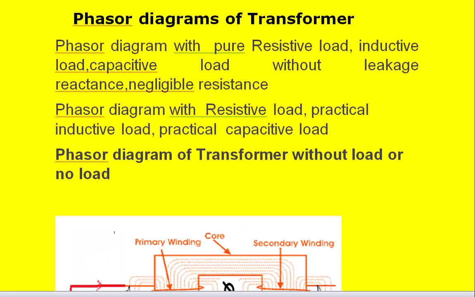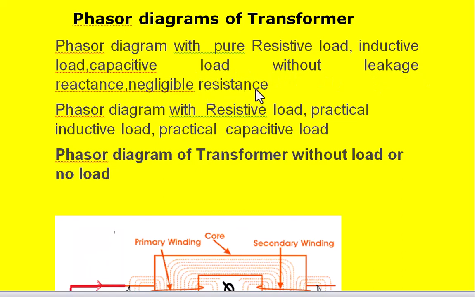Hello friends, today I will discuss the phasor diagrams of a transformer. There are two types of phasor diagrams on the transformer. One is by neglecting the leakage impedance of the transformer, the other is by considering the leakage impedance in the transformer. So phasor diagrams with pure resistive load, inductive load, capacitive load without leakage reactance,